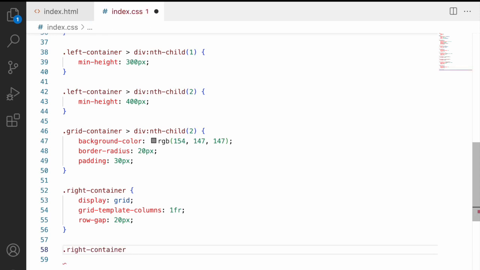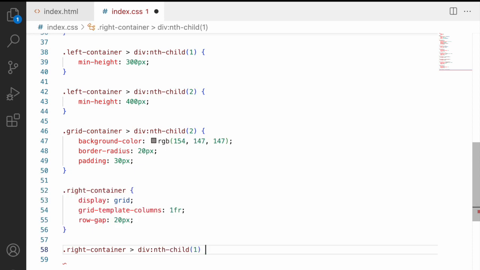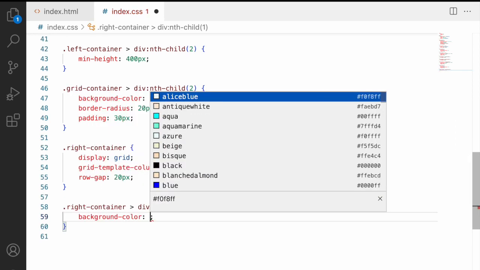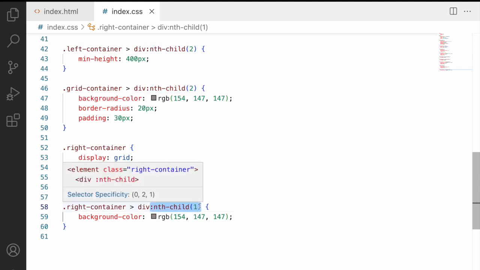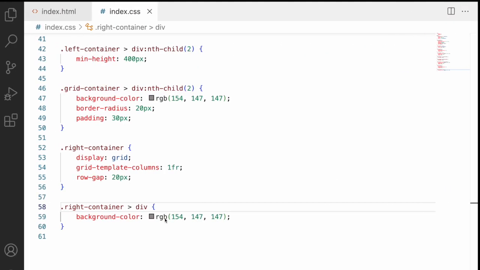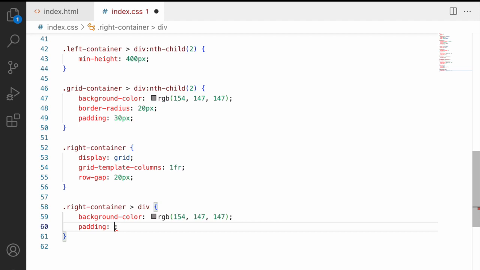Right container with a div of nth-child of 1 should have a background color of light gray. So I can get it from here and save this. Now for the nth-child of 1 we got it, but I want to apply it for all the divs. Let me remove this and go here. You can see it applied for both the divs, and I want to apply a padding of 30